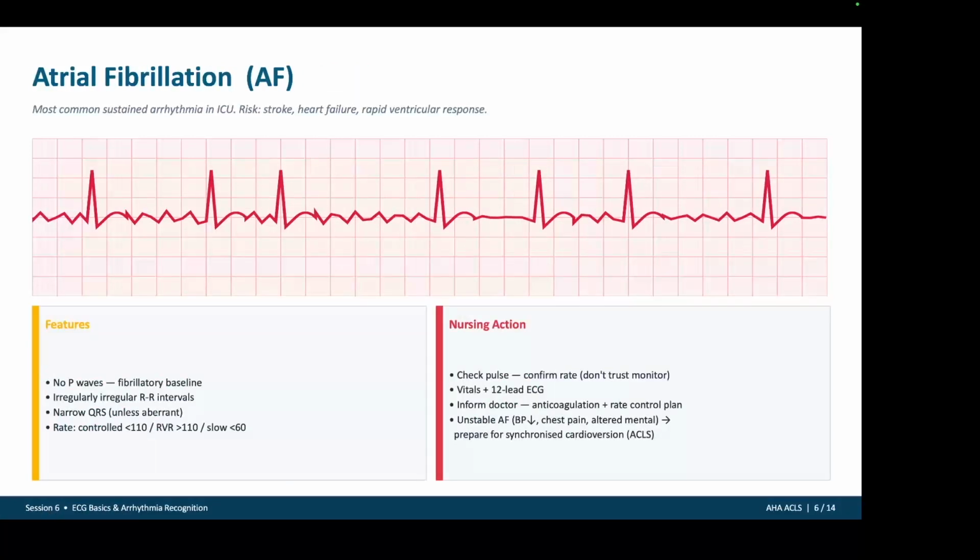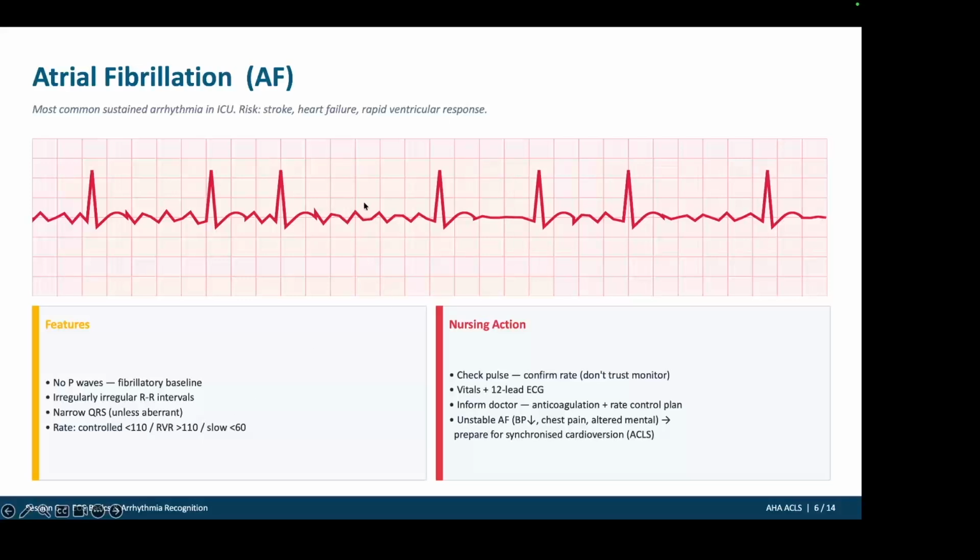In atrial fibrillation you can see the P waves are not clearly visible and there are some fibrillatory baseline waves visible, and the RR interval is not at all uniform. So each RR interval has its own variations because of the fibrillating atrium. And irregular RR intervals, narrow QRS complex, and if it is less than 110 it is controlled, and if it is more than 110 it is rapid ventricular rate, and if it is less than 60 it is slow